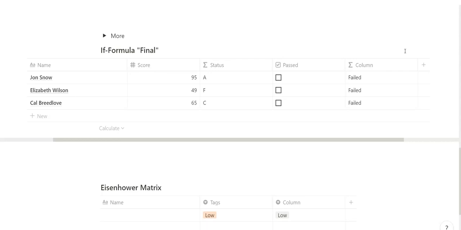Maybe one more example. I told you before, the value can be a number, like in our example, a text, a date, but also a checkbox, a true or false statement. So in that case, we